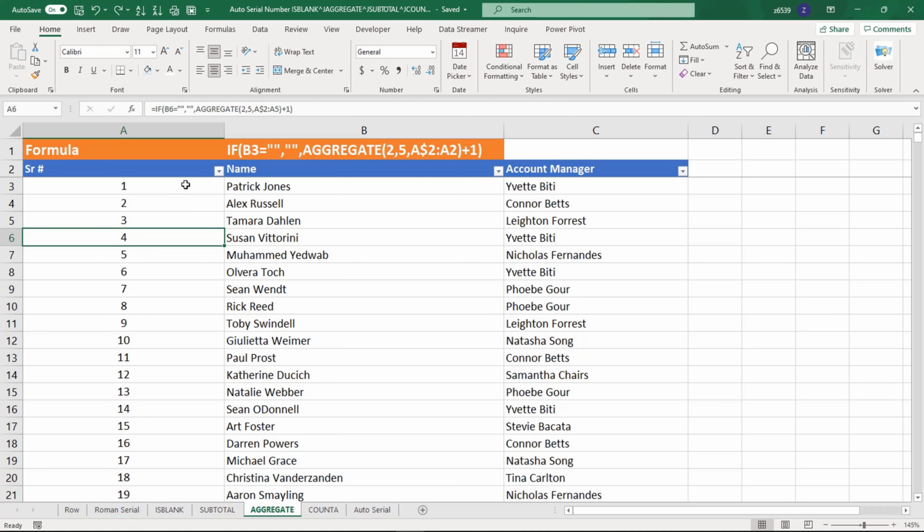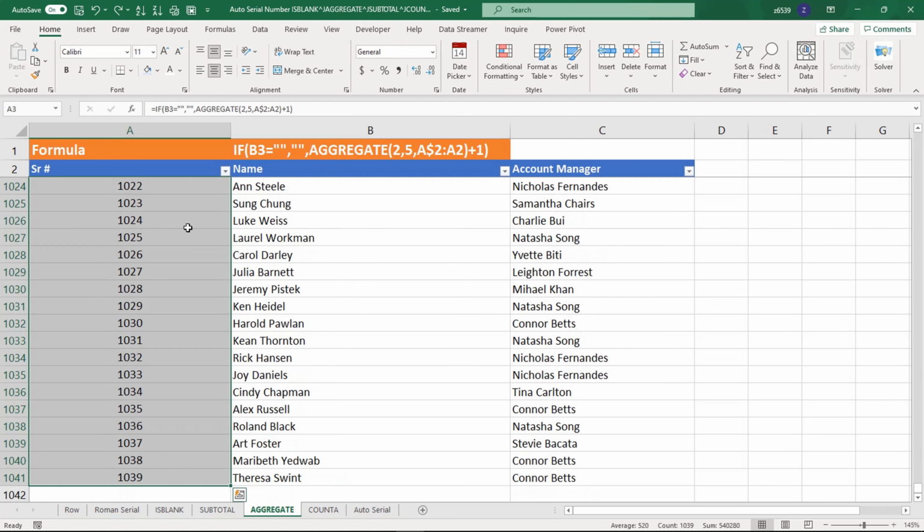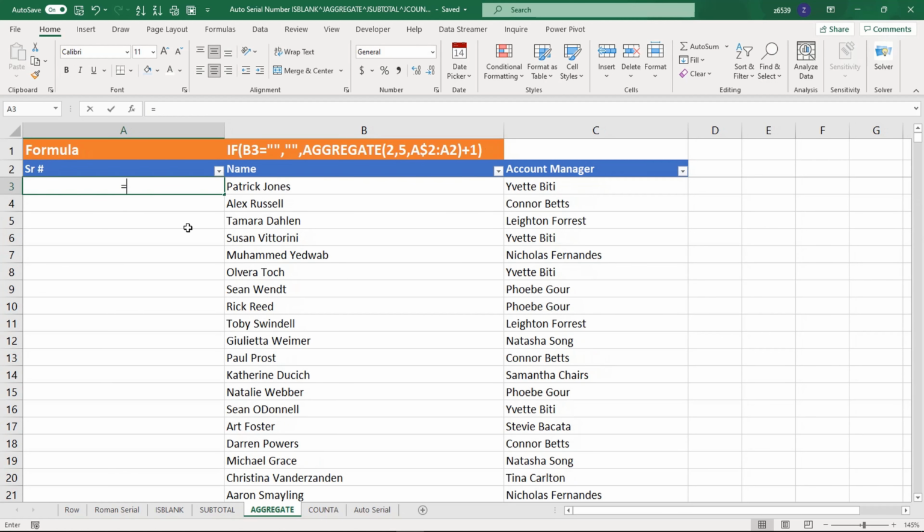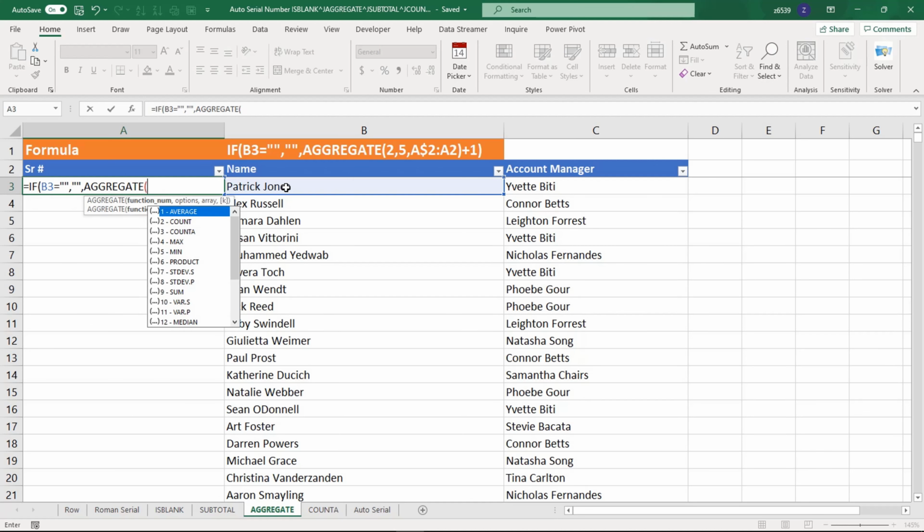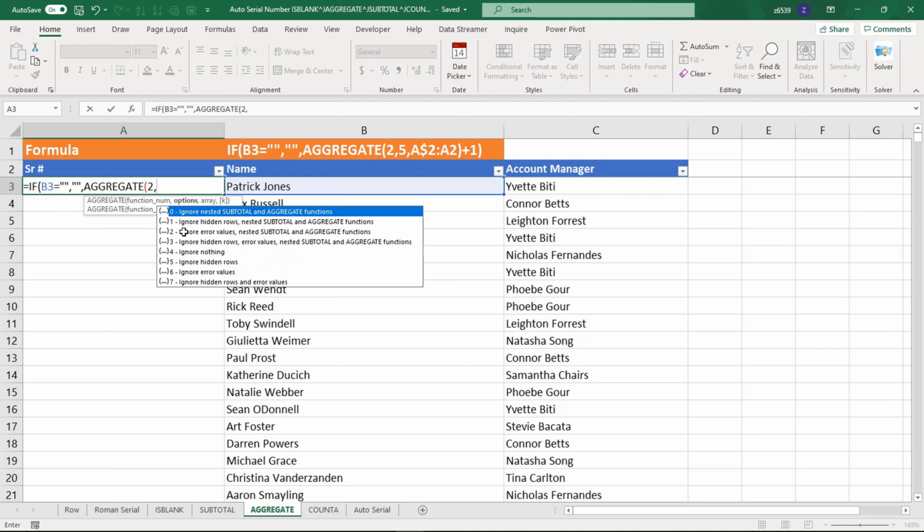Aggregation, we will see how it works. It's also very easy. The same methodology, we will use: equals IF, B3 equals blank, comma, the same method, AGGREGATE. What aggregate? The COUNT function, number 2, comma, ignore hidden rows. I'm selecting this one. Okay, ignore hidden rows, comma,